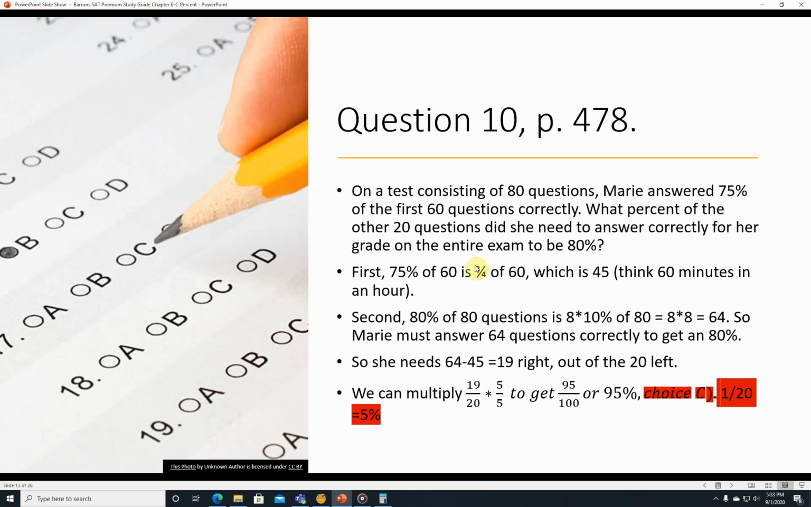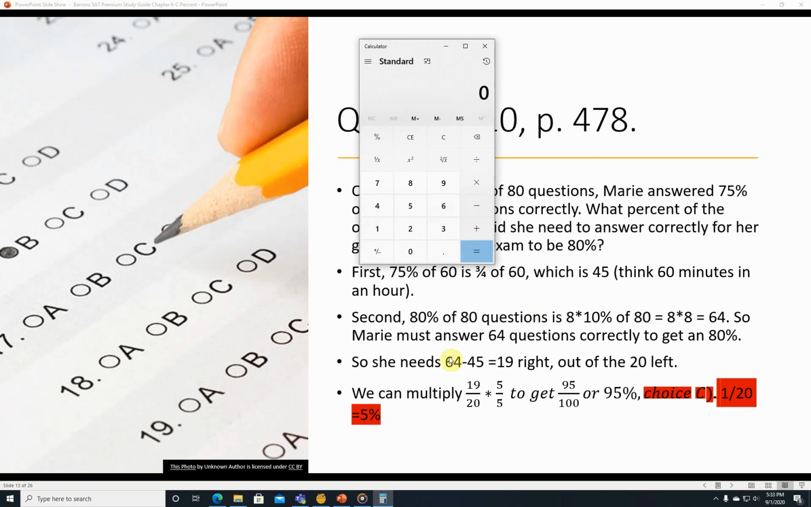Hopefully you know 75% and 3/4 are the same thing. You can think of 3/4 of the coins, which are 25 cents, is 75 cents. So anyway, 75% is 3/4, so 3/4 of 60 is 45. You can also think of 60 minutes in an hour. 45 minutes is 3/4 of an hour. If you're lucky enough that this would actually be on the calculator section, you can just go, of course, 60